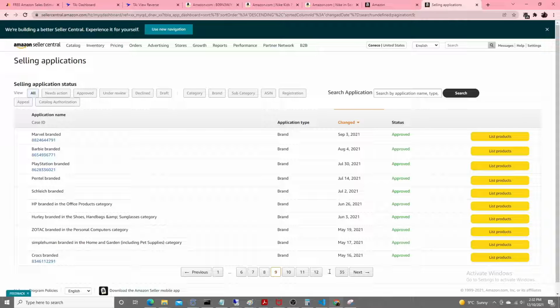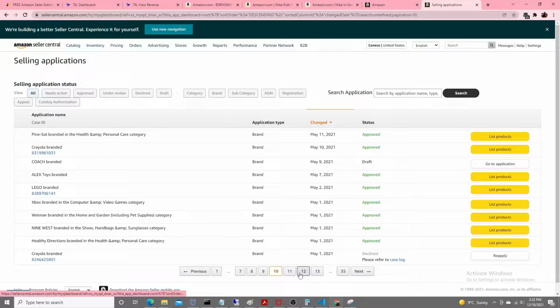So I've got some selling applications up that I previously submitted. The ones you can see on the screen are approved. There's a lot of ones that I apply for that I'm not auto ungated in. And what a lot of people overlook, when you're out scanning and you apply for an ungate and you don't get it, is going back after you've had some more sales and you've built more metrics and reapplying for those